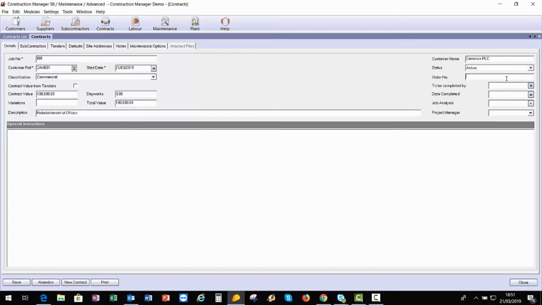We also have an order number field, so you can enter a blanket order number that you might have received for this job, which can then appear on all stationery that you print out. We also have "to be completed by", so if you know that there is a deadline for this job to be completed by. We also have date complete, so you can mark down when the job has actually finished